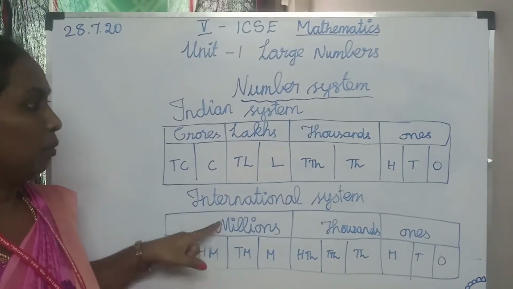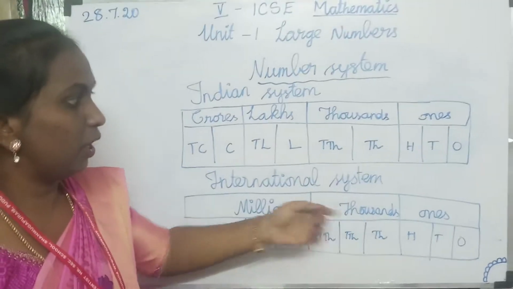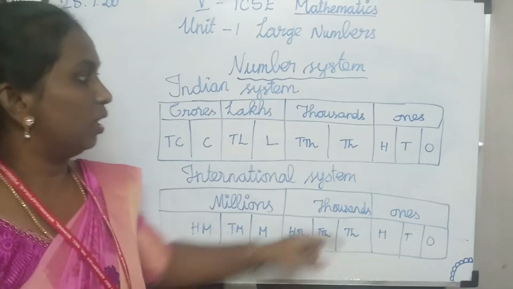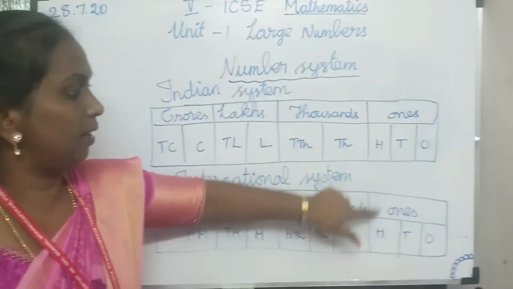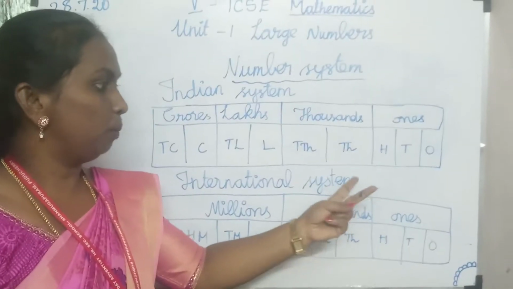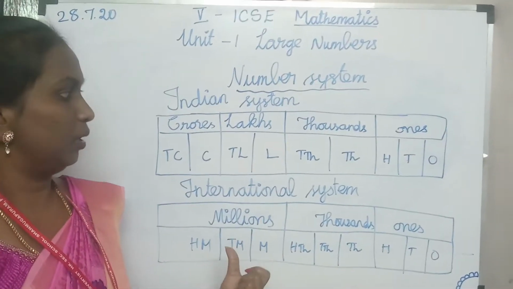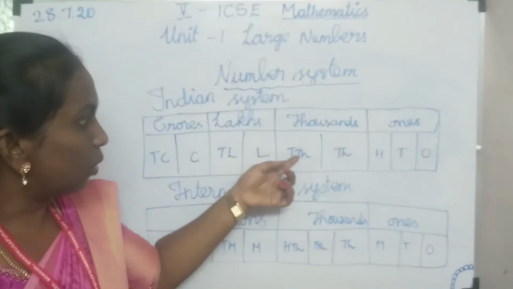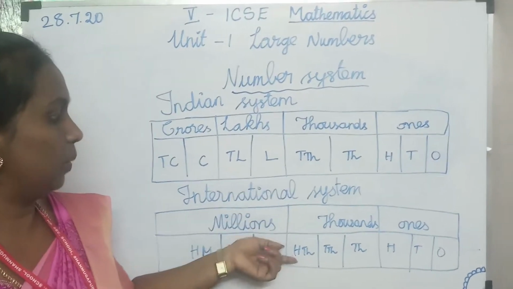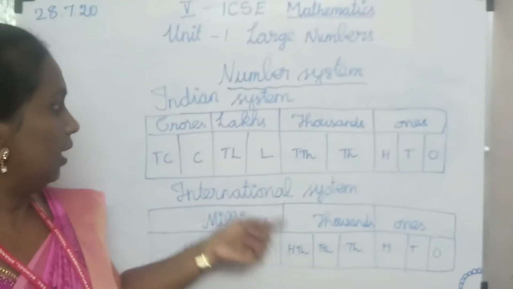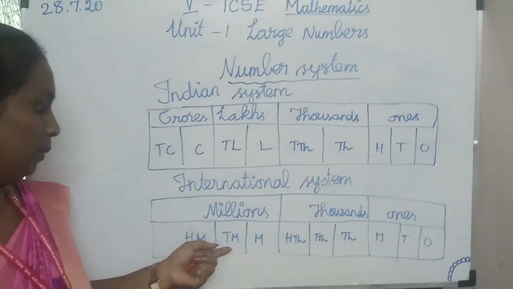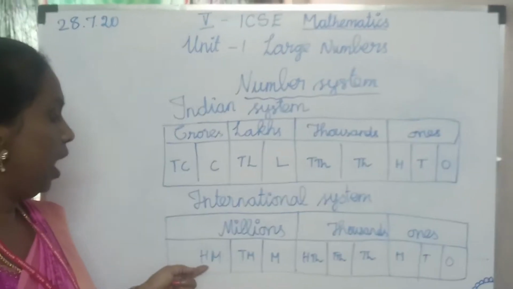Can you understand children? Because when we want to compare the place value of both the numbers, we have ones place value as it is, nothing changes here. Ones, tens, 100, nothing changes. Coming to the thousands place, here we have 2 place values, here we have 3 place values. So here 1,000, 10,000, 100,000 equal to our 1 lakh. Next, 10 lakh is equal to million, crore is equal to 10 million, 10 crore is equal to 100 million.